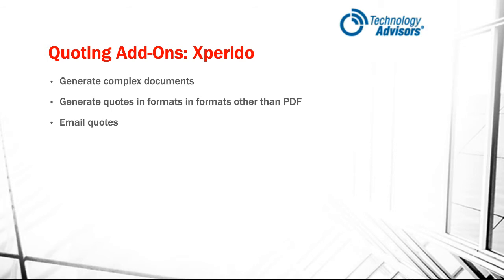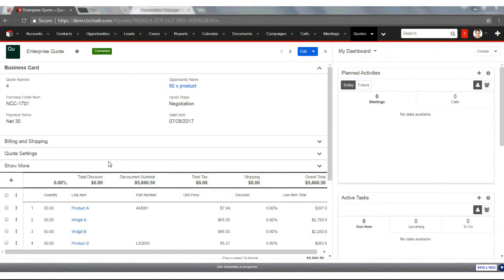Another way to quote out of Sugar is to use an add-on, and one of the add-ons we work with is called XperiDo. That lets you generate complex documents and generate those documents in formats other than just PDF. We also have the functionality of emailing them directly out of the third-party tool and even sending them directly to e-signature. So let's take a look at that. Here I have a quote in another system, the enterprise quote with the 4 different products on it. If I go ahead and click the drop down here,